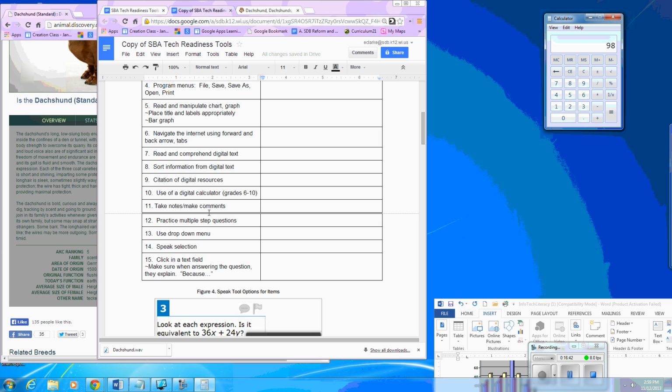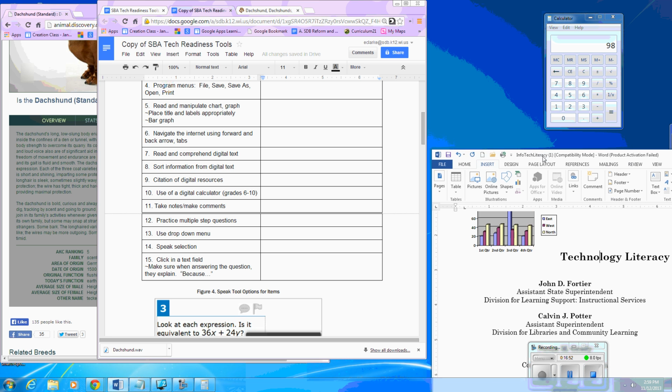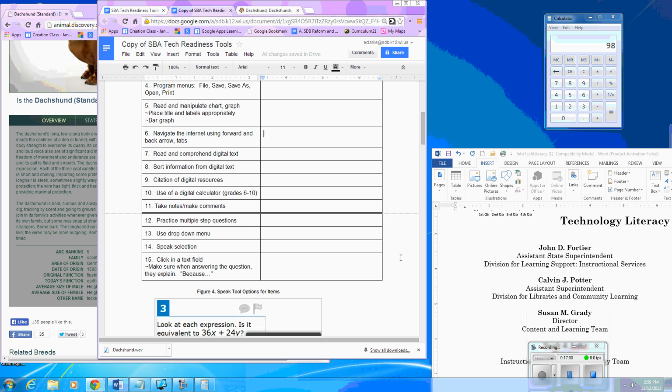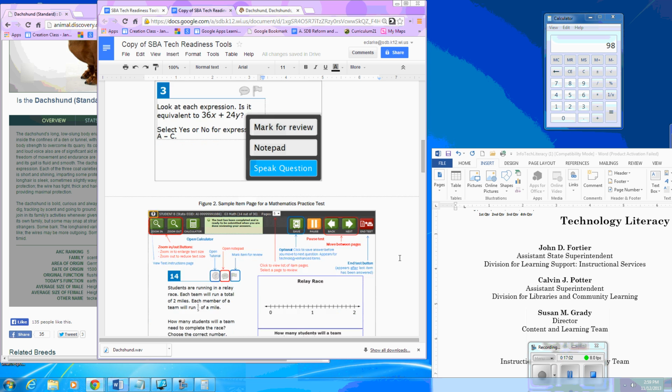Taking notes and comments, I talked about this already. Very important that the kids are able to do close reading and take notes. Practice multiple step questions. What I found when I was looking at the Smarter Balance is that there's typically not just one answer. A few times there are. But when you take a look at some of these,